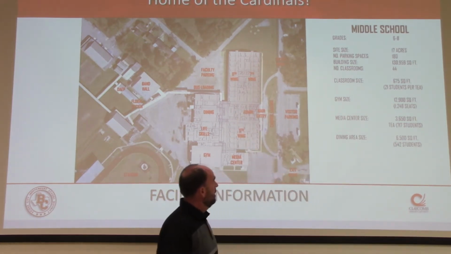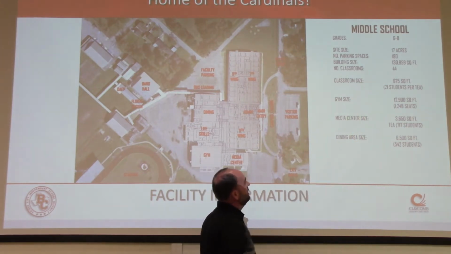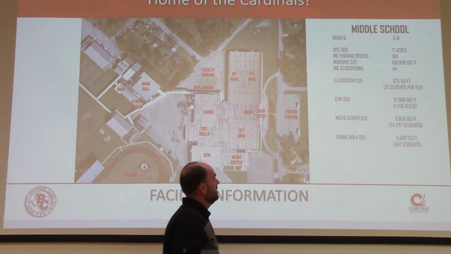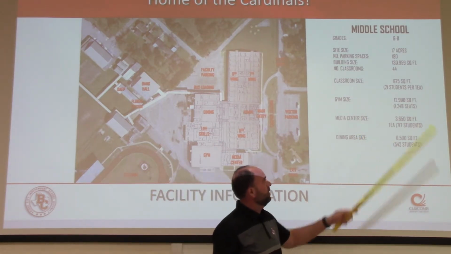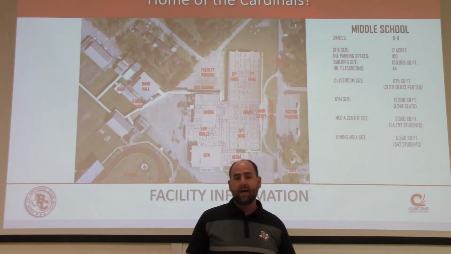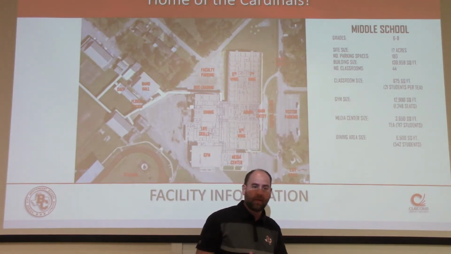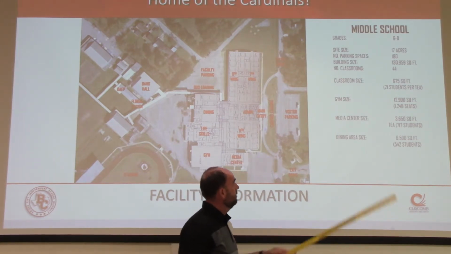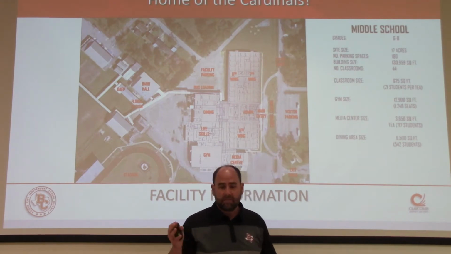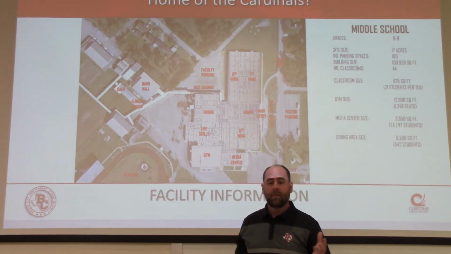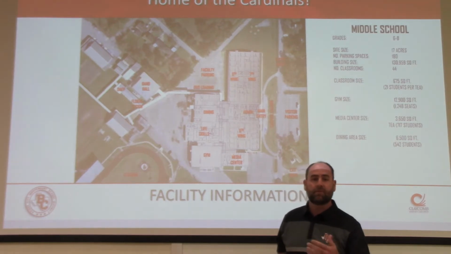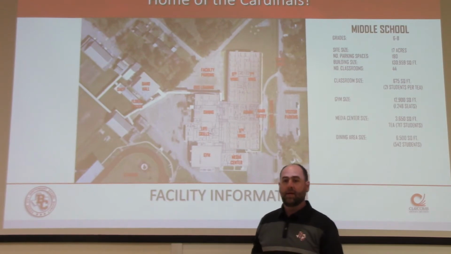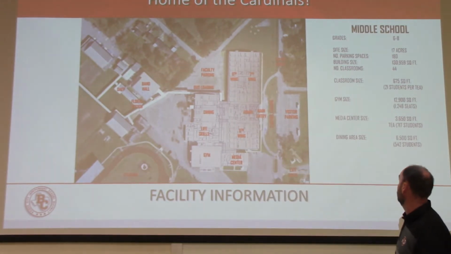The other piece, 44 classrooms, and the classroom size per TEA, the Texas Education Agency, says that those classrooms were built for 21 students per class. We have between 25 and 30 students in multiple classes at the middle school. So again, for TEA to tell us that 675 feet should be a spot that would be adequate to serve 21 students, and again, we are serving between 25 and upwards to 30 in multiple classes currently at the middle school.